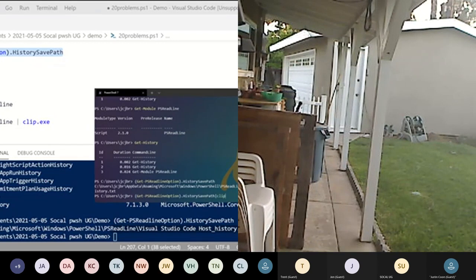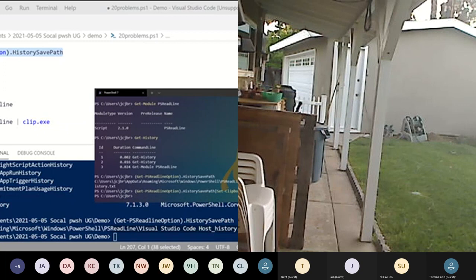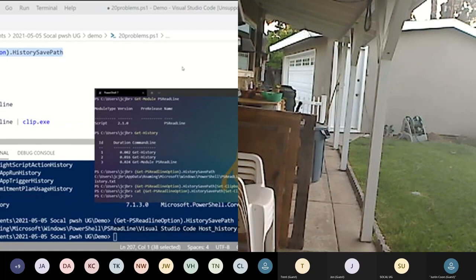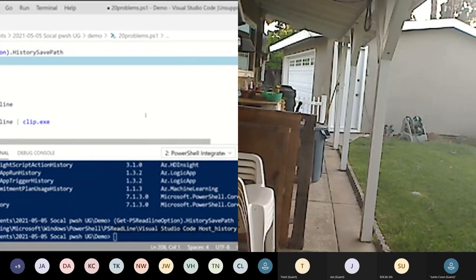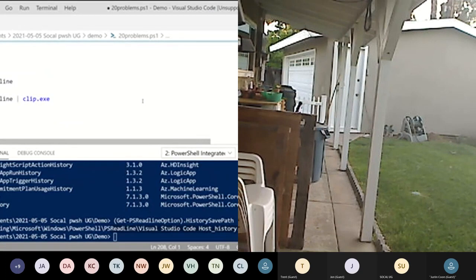I mentioned flip.exe or set clipboard. By doing this, we can, well, in this case, I would have to get the content from the file, set that to clipboard, and then you have all the history of what someone ever executed, or at least by default, it's the last